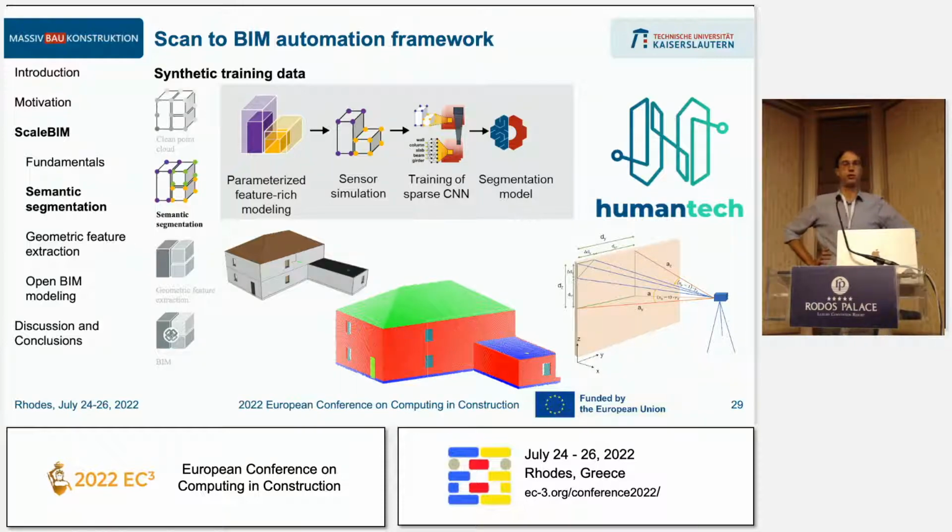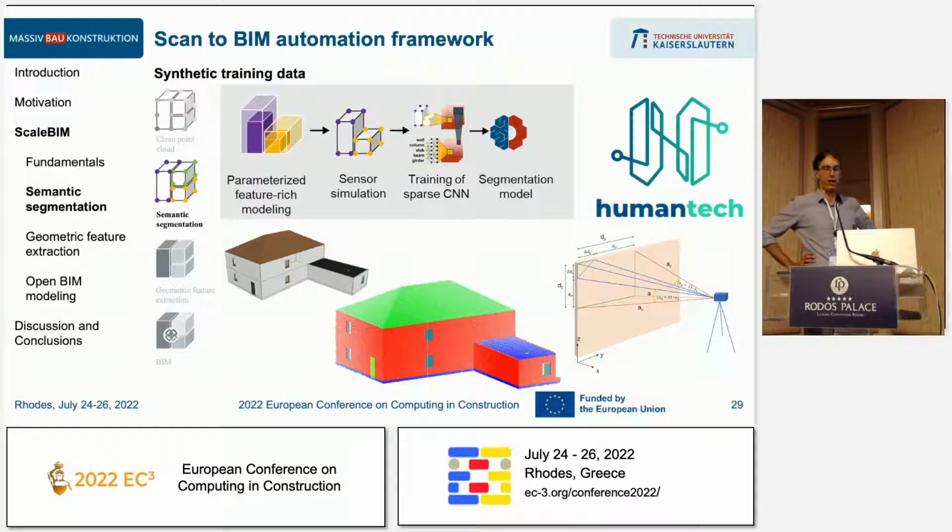An interesting aspect of synthetic training data generation, at least if you want to automate this process, is how to actually find locations for your sensor. In drone acquisition, where Thomas is going to give a talk later on, it's the question of how to get the flight path for the vehicle, and for terrestrial sensors, it's how to assess which position is best to acquire a certain object or group of objects.